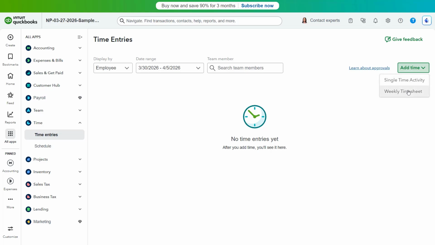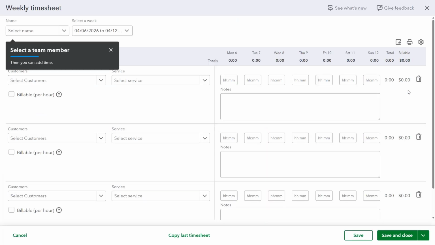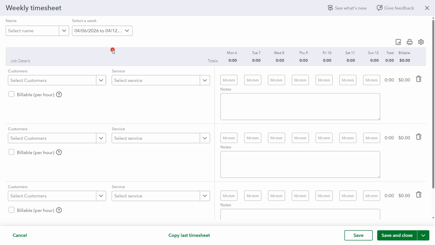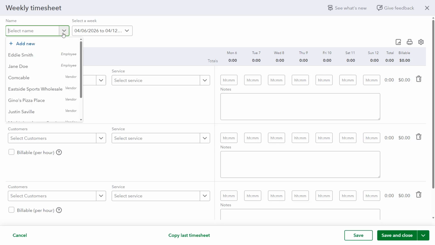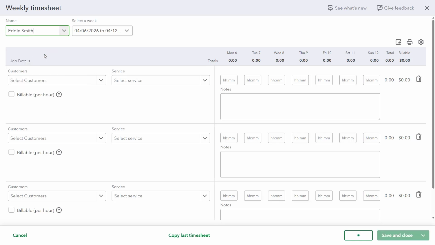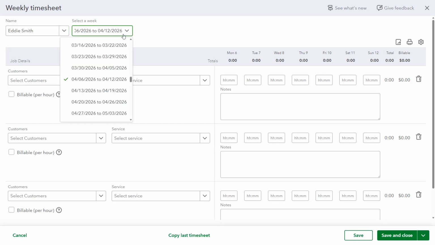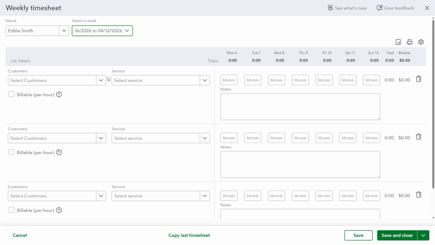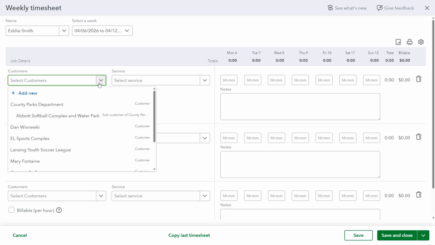If you select the Weekly Timesheet command from the Add Time dropdown in the Time Entries page, then in the Weekly Timesheet window that opens, use the Name dropdown in the upper left corner to select the person for whom to record time. To change the week shown in the window, select any week from the dropdown to the right of the name. The days of the selected week for the selected person then appear in the window. To enter the work details for the selected person, use the dropdowns in the next blank row in the Weekly Timesheet to select the customer or project,